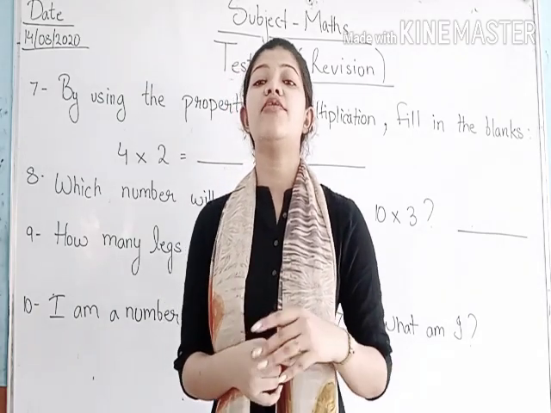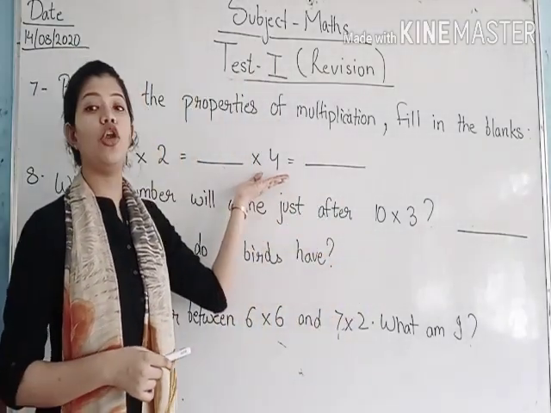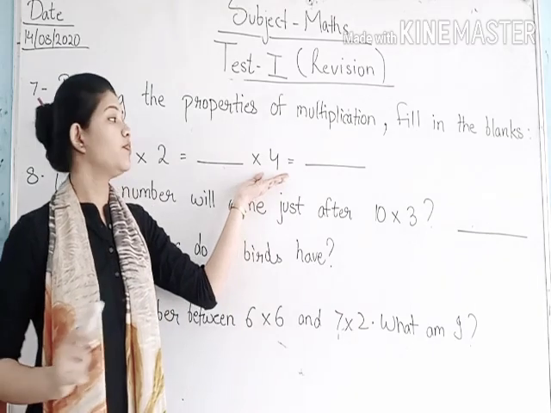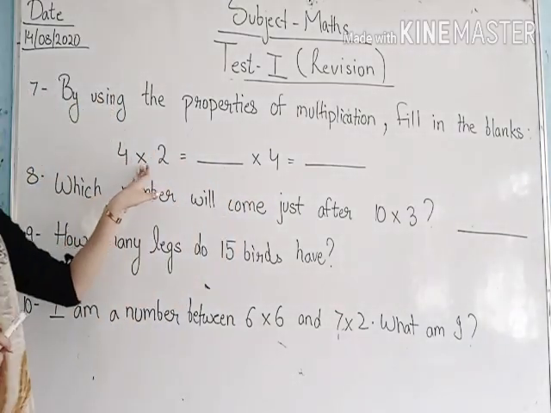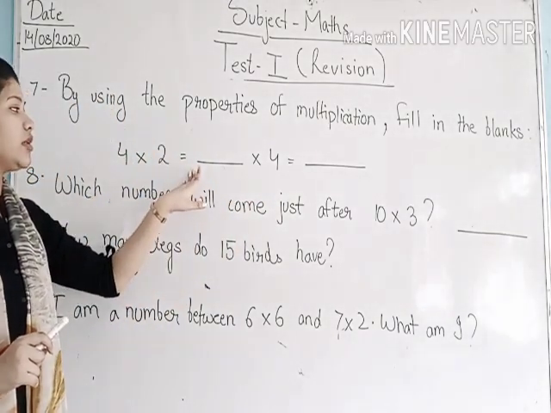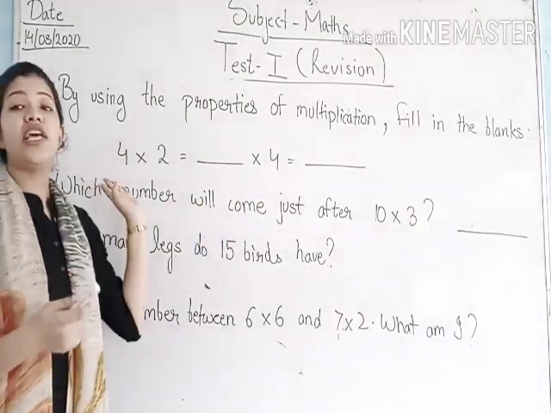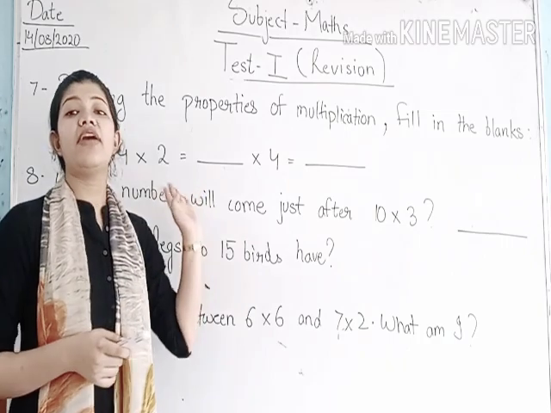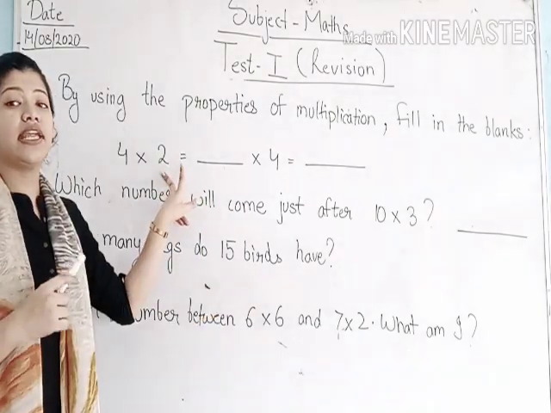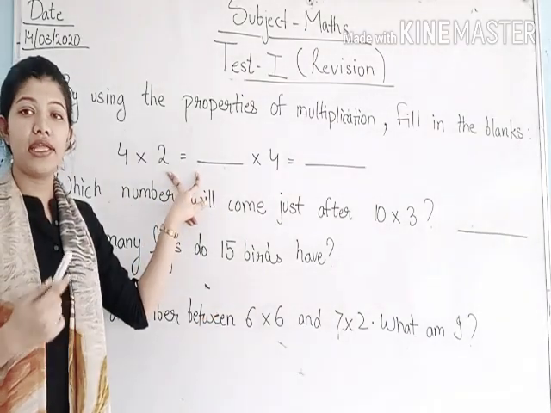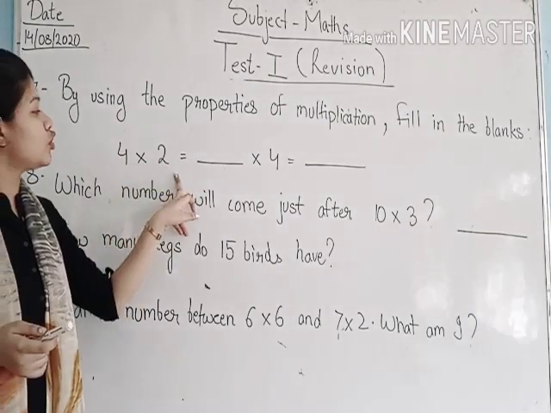Now let's see which property we have to follow here. 4 into 2 is equal to dash into 4. Now tell me which property we have to follow here. As you can see, 2 orders are given over here. Yes, so 4 into 2 will be